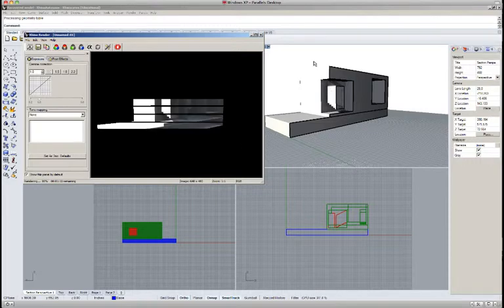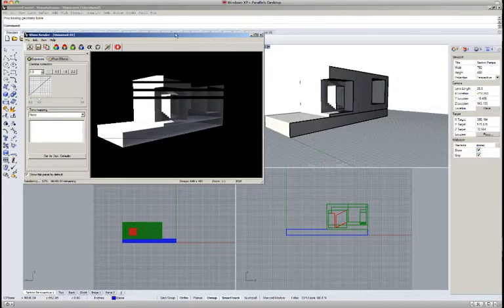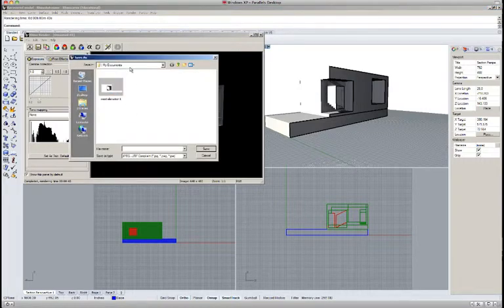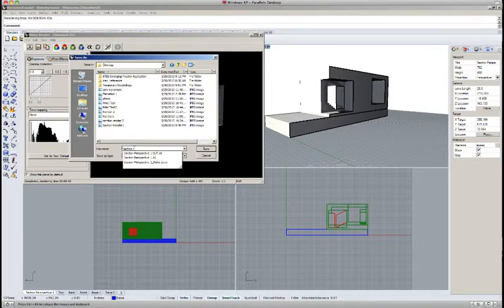That's not a setting I've been able to find yet, and I haven't been able to find it online in the message boards anywhere. It should be fairly close. In this one it actually looks very close, but you'll find that it's not quite right. And the background looks black in the rendering because it's transparent, so it's basically just that there's nothing there. When it finishes rendering, you can click on Save, and save this in the correct location as section perspective 1 shadows